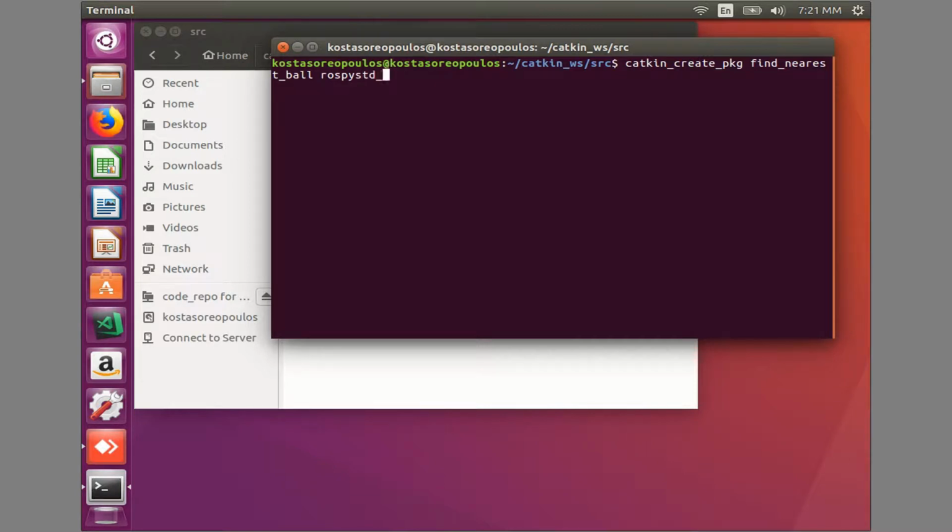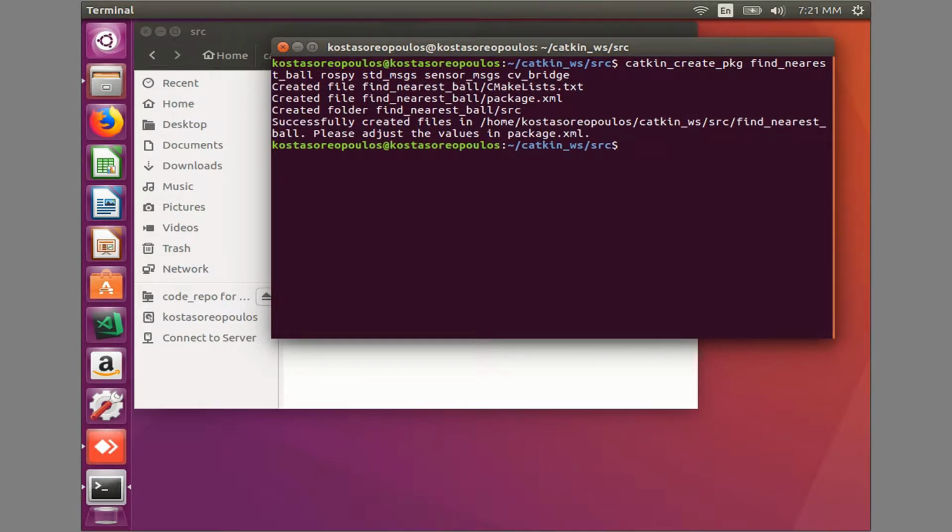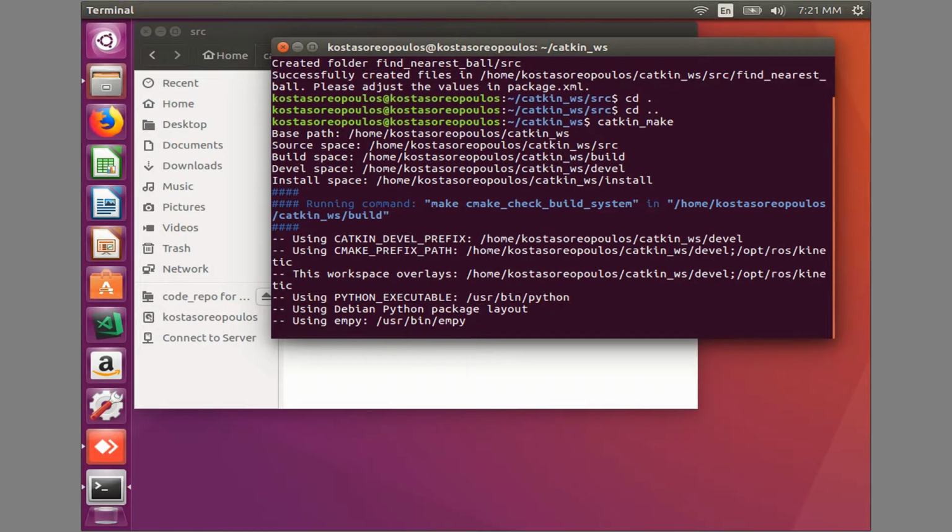It will use std_msgs as a dependency, sensor_msgs, and cv_bridge, and you will see in a moment what this is. If now I go up and try catkin make,